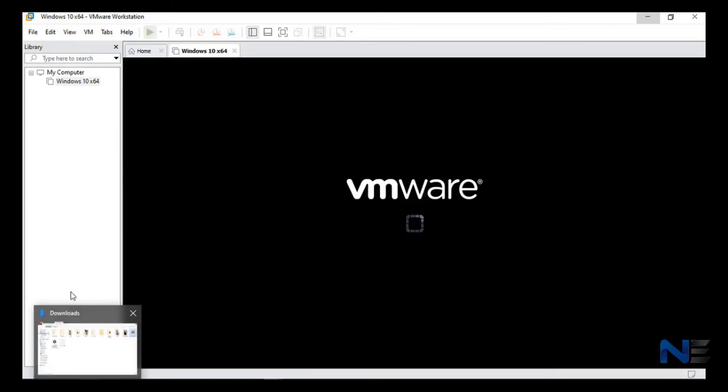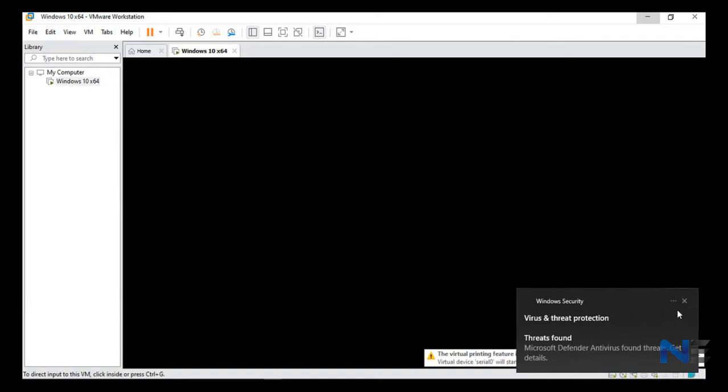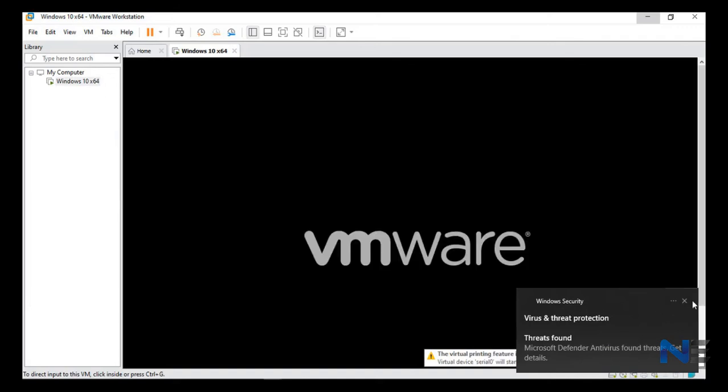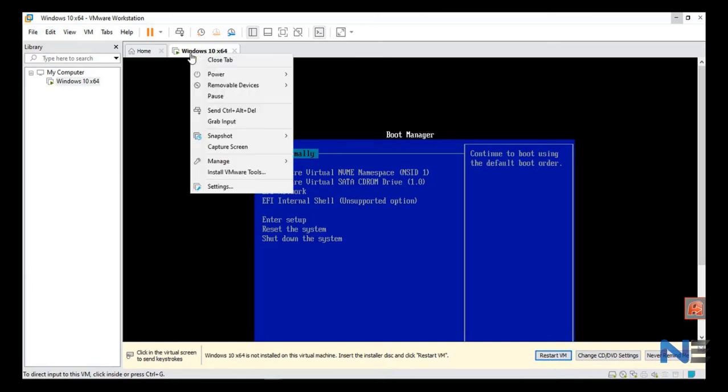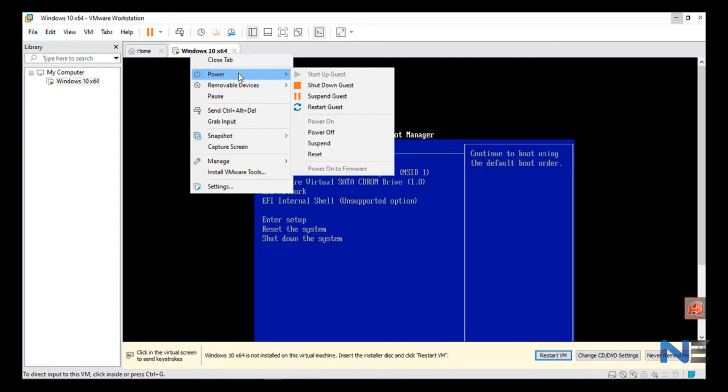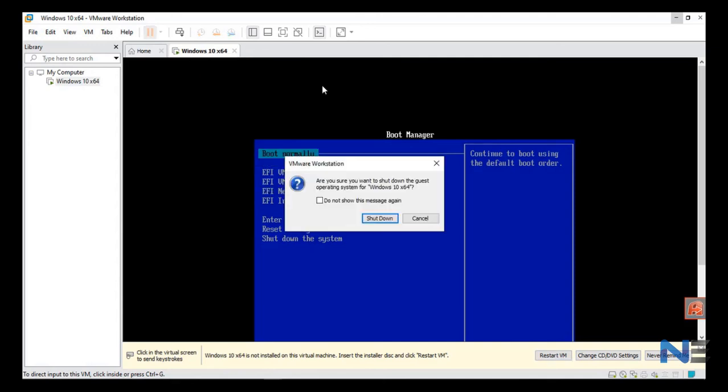Okay, now we will see some troubleshooting. We mostly get some errors while installing the window like this. This type of error we get mostly. So to resolve this type of error, you need to first shut down your machine. Click on shut down guest, then shut down.